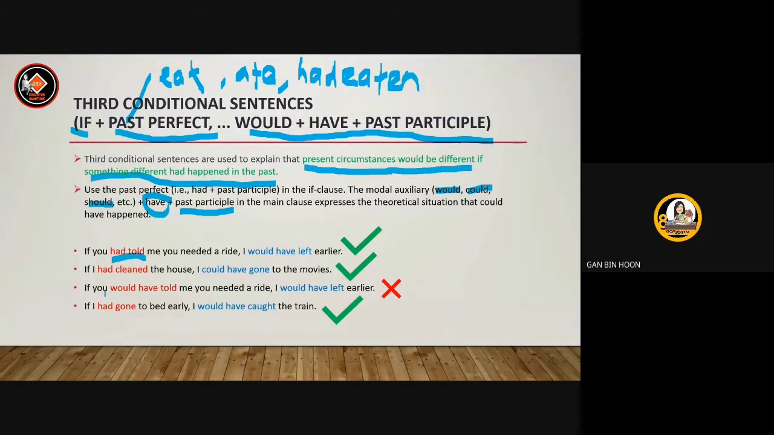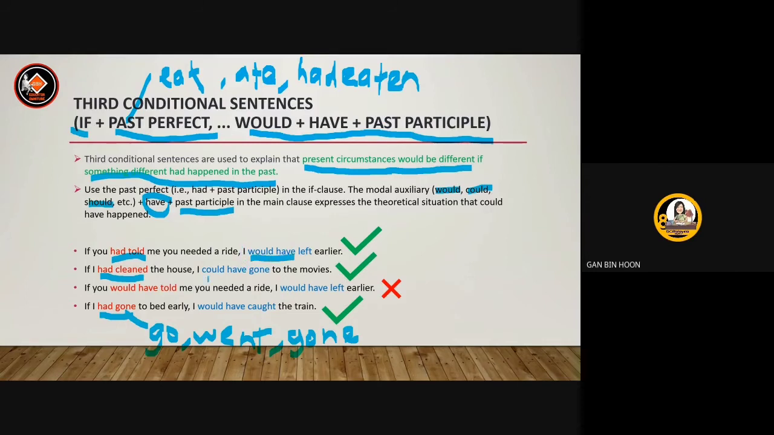If you had told me, if I had cleaned. Okay, this is wrong. If I had gone, why gone, teacher? Because the base form is go, the past tense is went, and the past participle is gone. So the front sentence must have had told, had cleaned, had gone. The second sentence, the main clause: